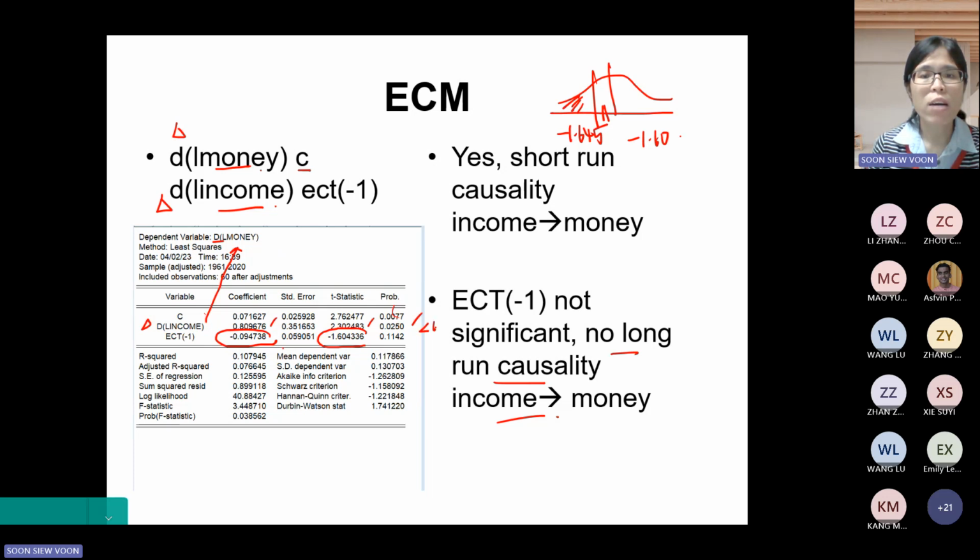Okay, it is lesser than the alpha value 0.05. So it's significant at 5%. So we can say there's a short run causality from the income to the money. If I want to test the long run, whether there's a feedback or not,